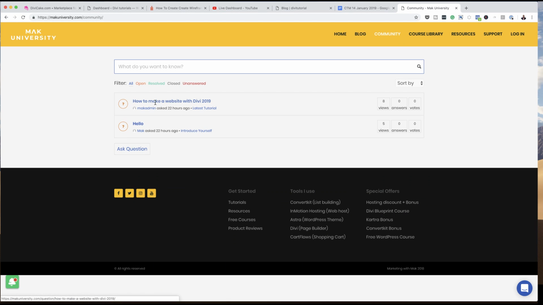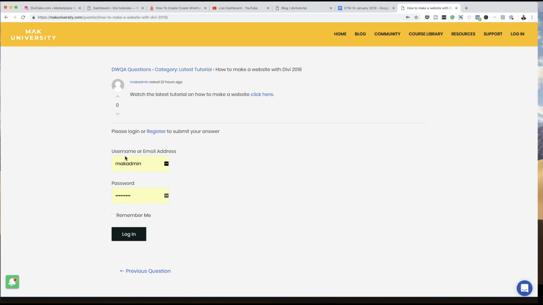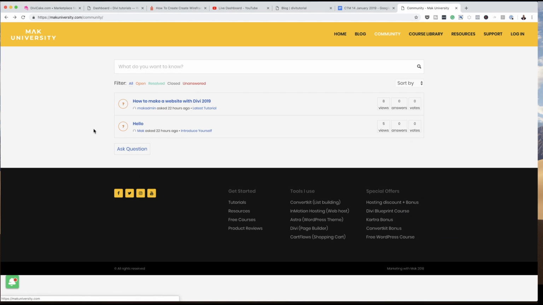So for example, here I created this one called How to Make a Website with Divi 2019. So if I click on it, and to post, you need to log in. But here you can see that you can go in and you can click here to go to the tutorial and you can also go back to the previous question. Now, if you want to add a question, all you have to do is to come over here where it says ask a question. So if I click on that,